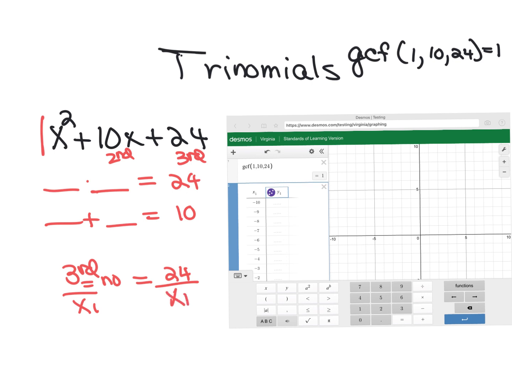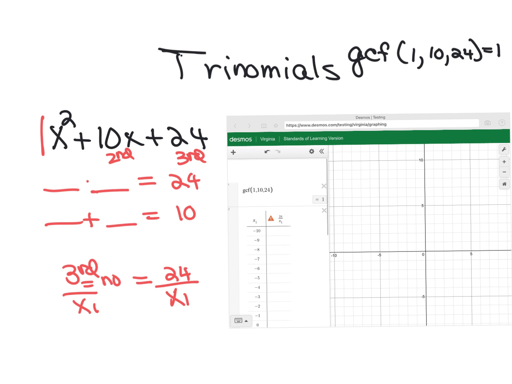So we are going to type, where you see Y1, I'm going to type 24 divided by, and I have to get rid of that 1 up there on top. 24 divided by x1, and it's going to give me tables